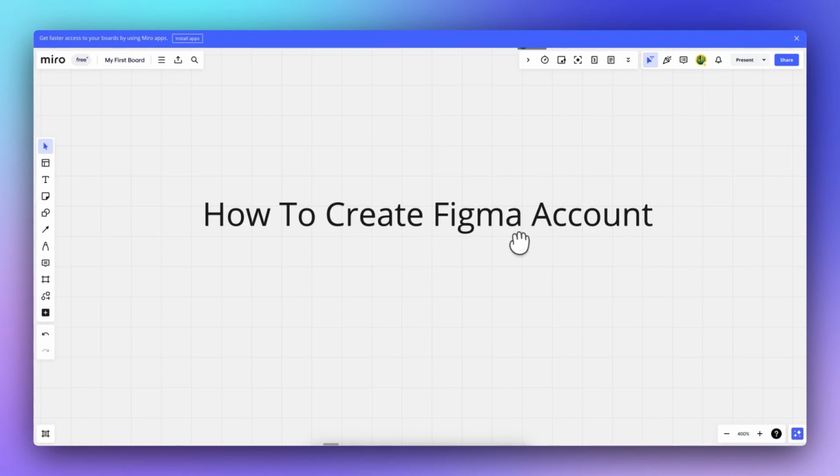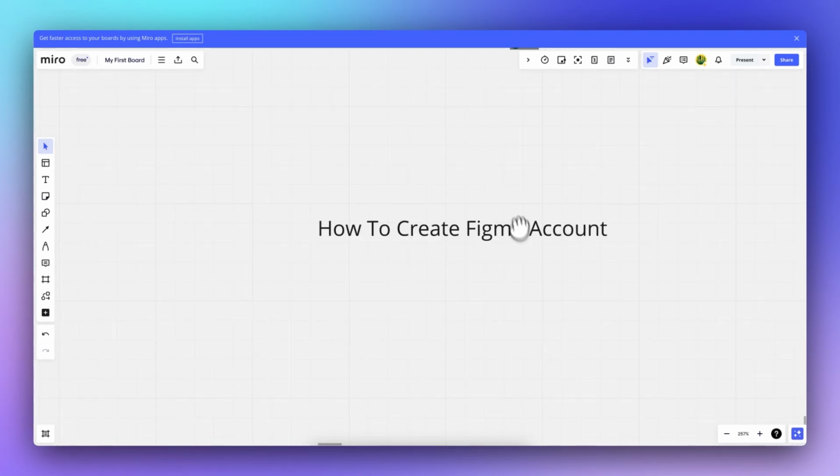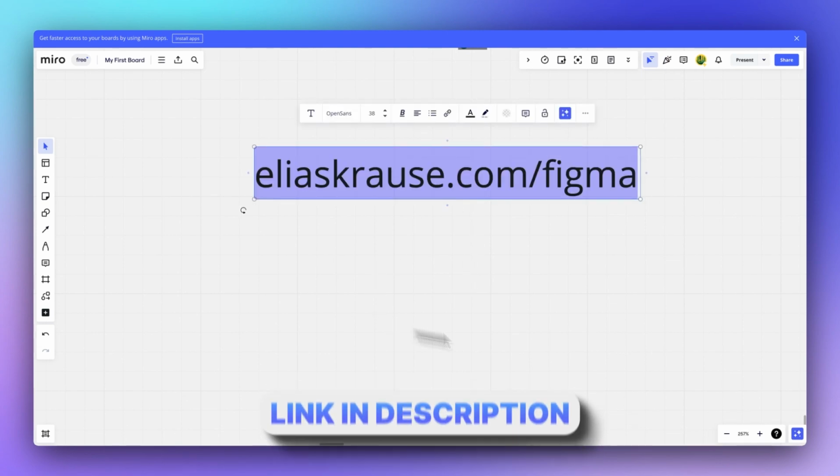How to create a Figma account? Well, this is actually super easy. To get started, you will just have to head over to the link down below,